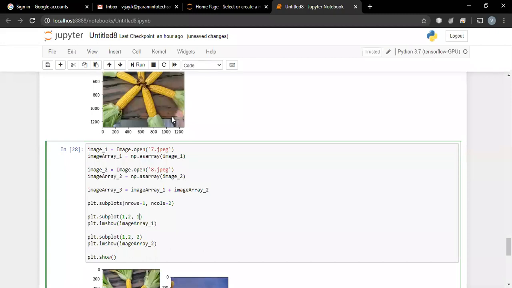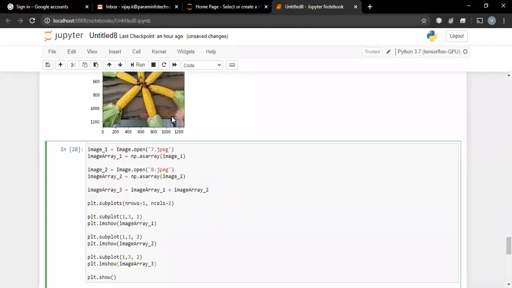So we are simply adding 2 images, and now there is 1 row and 3 columns. In the first part I want to display image 1. In the second part I want to display image 2, and in the third part I want to display the addition of 2 images, that is image array 3.